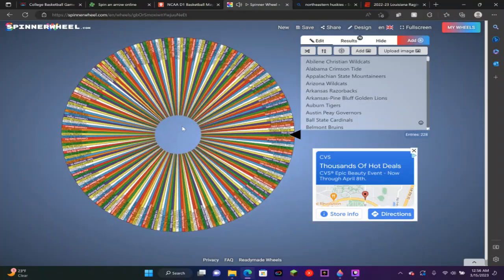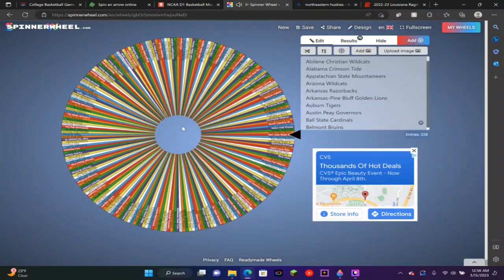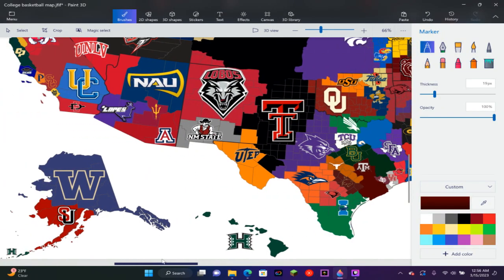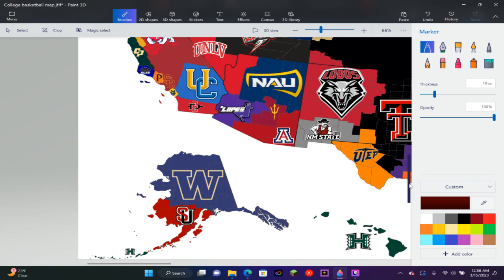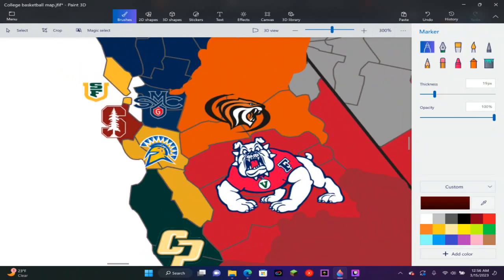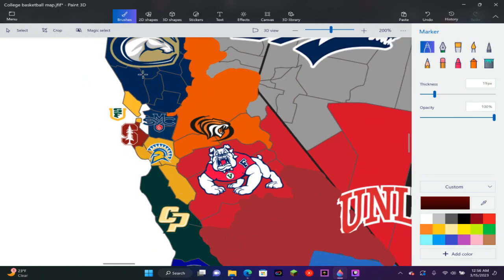Next spin is going to be San Jose State. So we're going on to the West Coast now. San Jose State, which is a small bit of land, but it's right here. This is San Jose State. They can't go west, but they can go northwest, southwest, a lot of places. They could potentially be playing 5 different teams. Stanford, St. Mary's, this team, Fresno State. I think it's Cal Poly, but